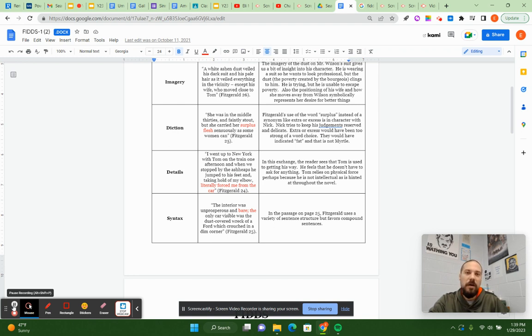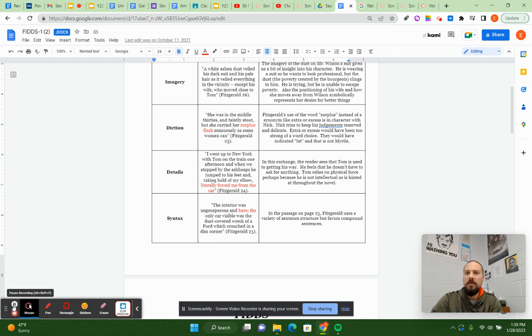That's an interesting way of describing fat, right? Because he's talking about a fat woman and he's talking about her body fat, right? So like her belly, her fat rolls or something like that. But he doesn't say fat rolls or belly or anything like that. He says surplus flesh. Well, why use that? Well, surplus flesh is a very cold and almost